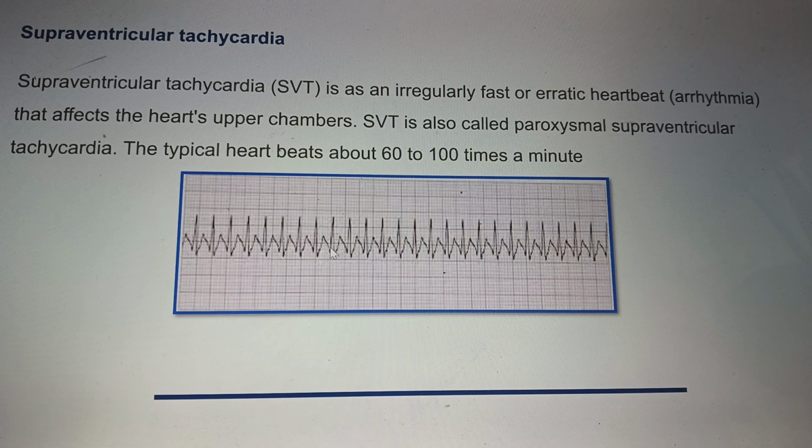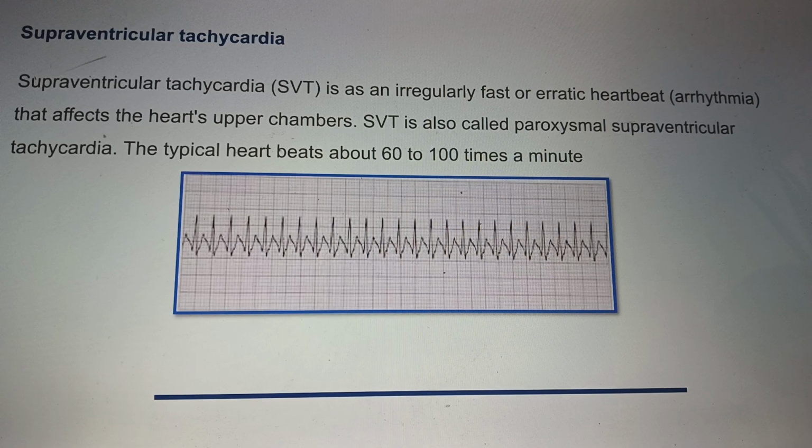First you will check the rate in an ECG. How to calculate the rate we will discuss in detail in another video. Then you will see the rhythm. Okay, the rhythm means the 2 R, that means 1 R is here, another here, that means the QRS complex. So this is the R wave, right? So between the 2 R waves, the interval is the same. That means 2 R peaks are evenly spaced